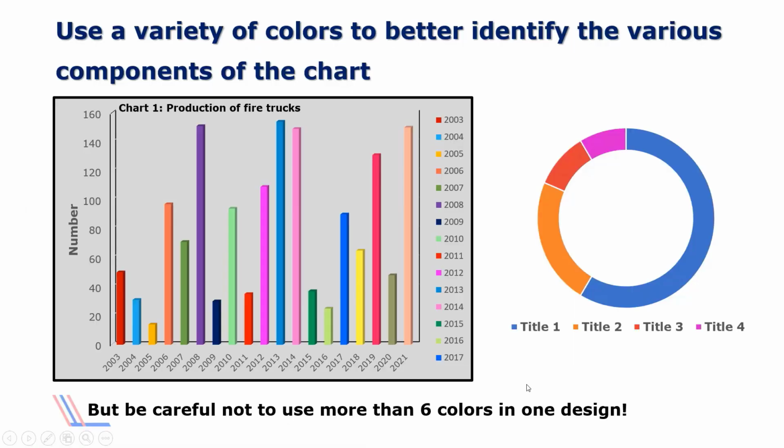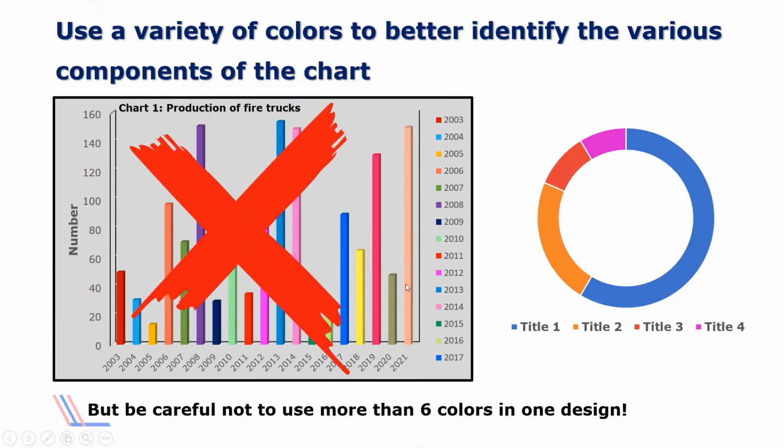The next tip is to use a variety of colors to better identify the various components of the chart, but do not overdo it in any way. Be careful not to use more than 6 colors in one design, and don't create a chart like the left chart that is created in a range of colors and gave an unreasonable effect to the chart and makes it messy. So pay attention to using colors to show the different parts better,